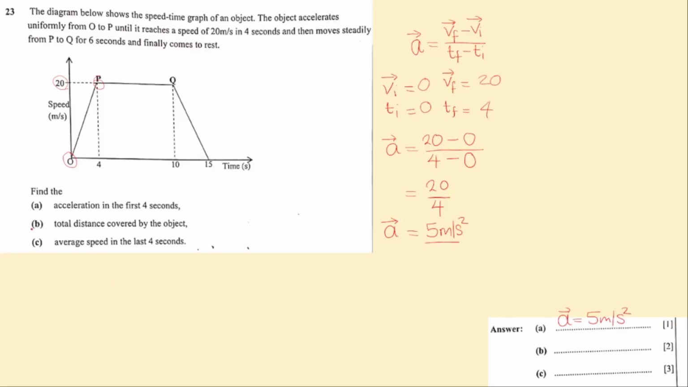We look at total distance covered by the object. The total distance covered by the object is the area below the speed time graph. And the area below the speed time graph is a trapezium. So we are going to find the area of a trapezium. The distance is the area of a trapezium. So distance is equal to